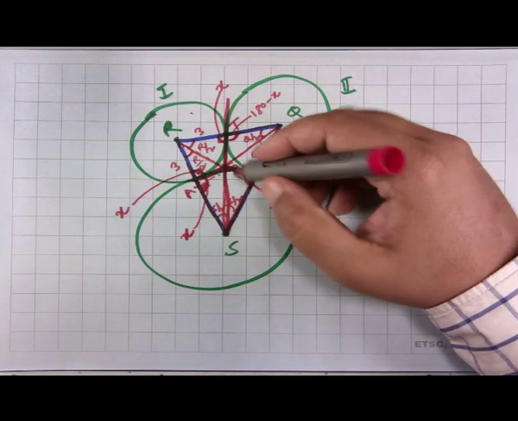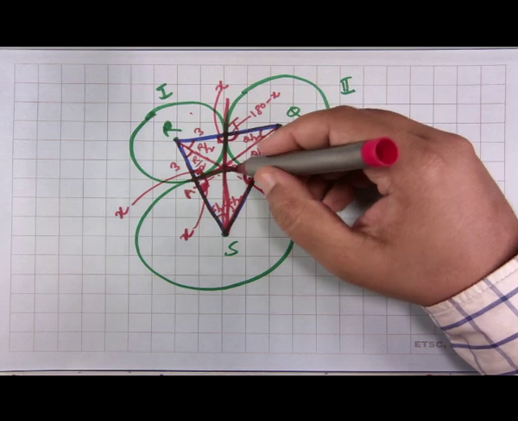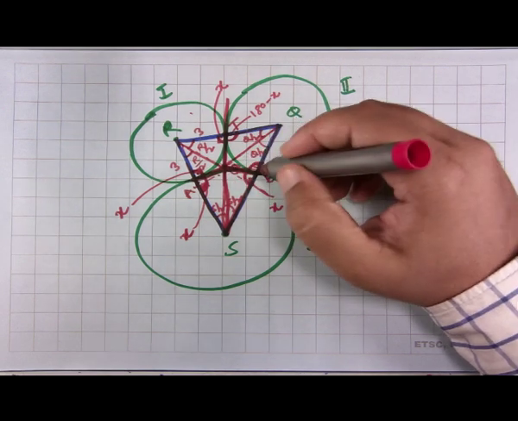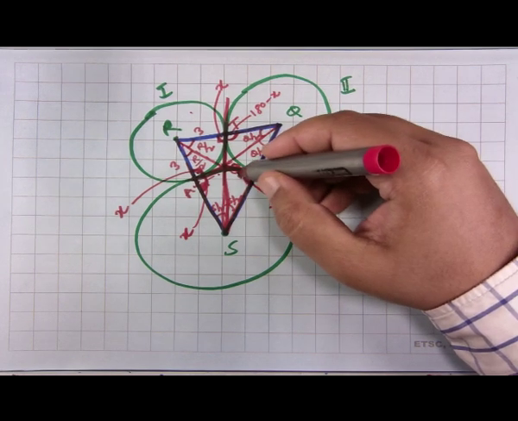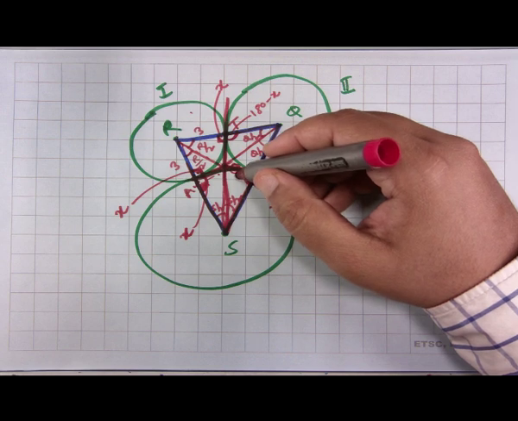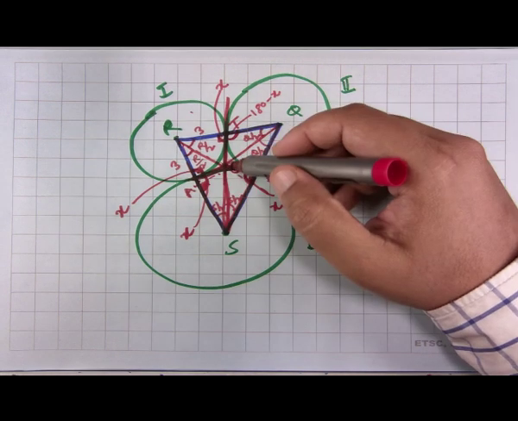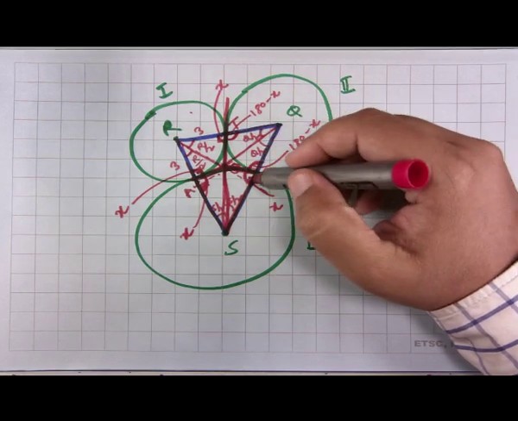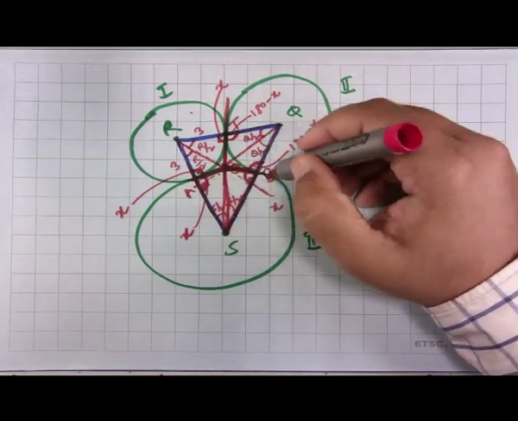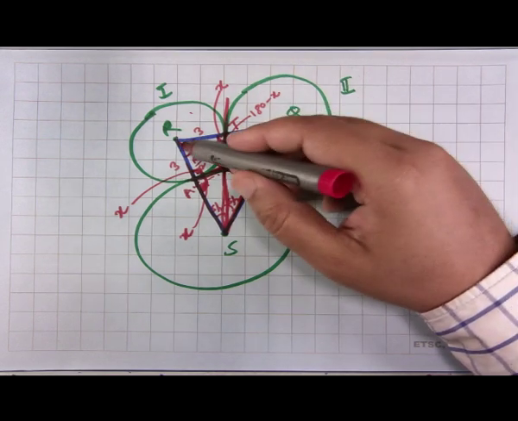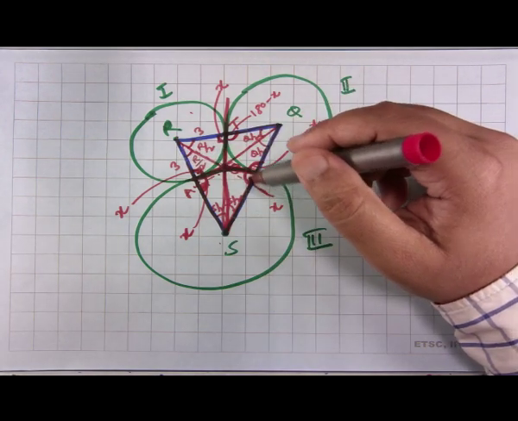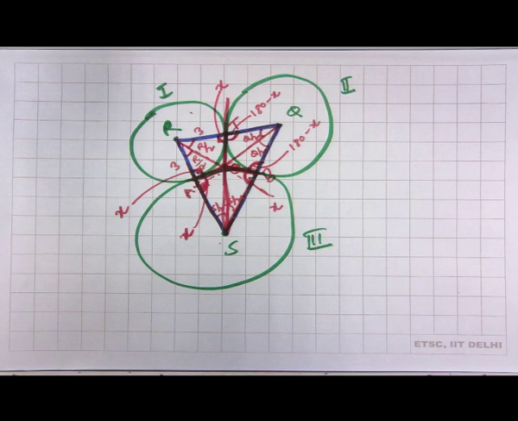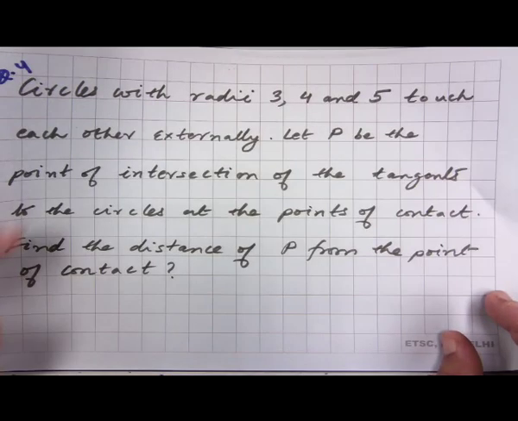In the question, this point O has been denoted by the point P. So, the point P in the question is nothing but this point O, and we have now seen that the common intersection of these three tangents is nothing but the incenter of the triangle QRS. And now the problem, if we recollect, is asking us to find the distance of